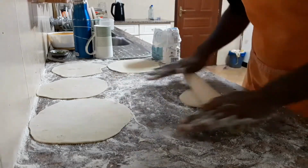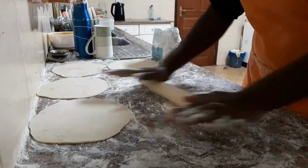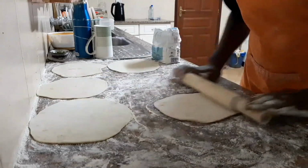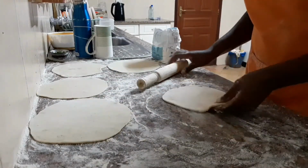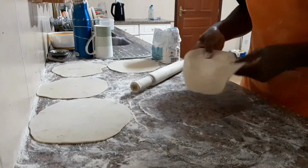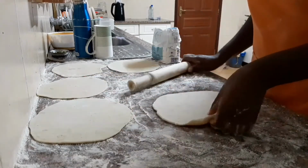So saturate the surface with flour, because you don't want your chapatis to stick to your surface, because that's how you end up with shapes that are not circular. So we don't want maps of Africa being the shape of your chapati. Okay, please, let's make nice circles. So, rolling